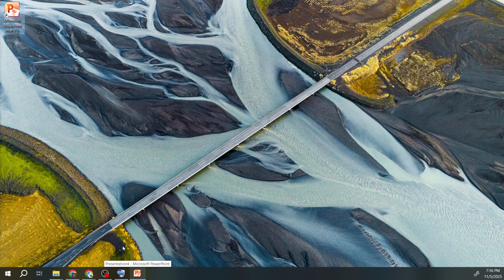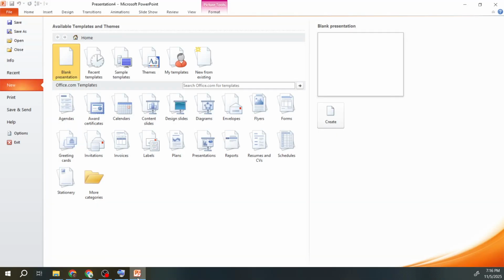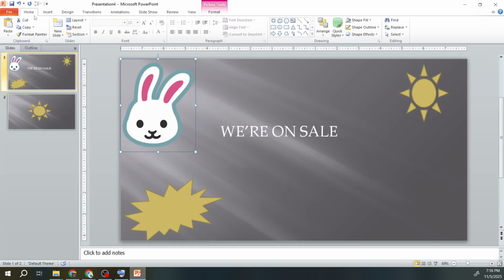Whether you're working on a Windows PC or a Mac, you can do this by simply clicking on the PowerPoint icon. Once PowerPoint is open, you have the option to either open an existing presentation or create a new one. If you choose to start from scratch, this is the perfect time to add your photos, tables, and any other content you envision for your presentation. The idea is to set up your slides with all the necessary elements so they're ready to be linked together